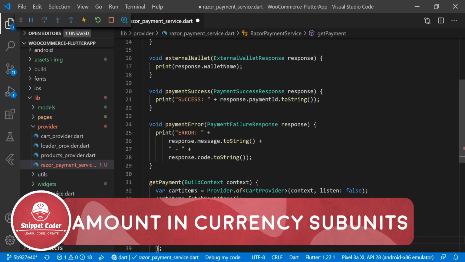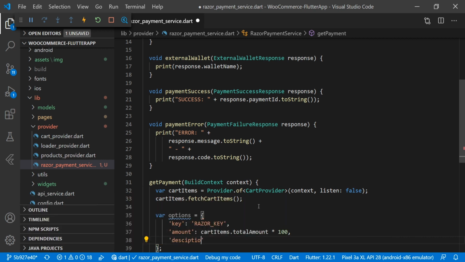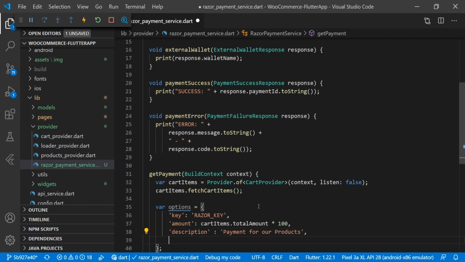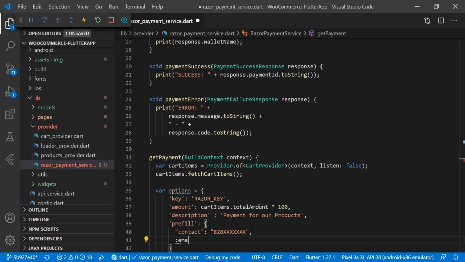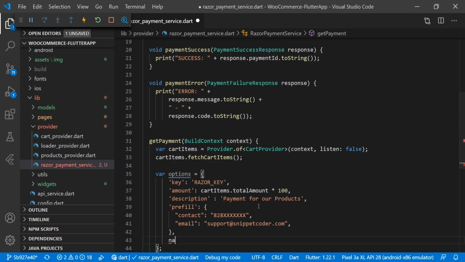Then we have the description, and we are passing payment for our products. Then we can have the prefill, in which we can pass the contact number and the email ID that will be prefilled in our payment gateway. Then we can pass the name here.